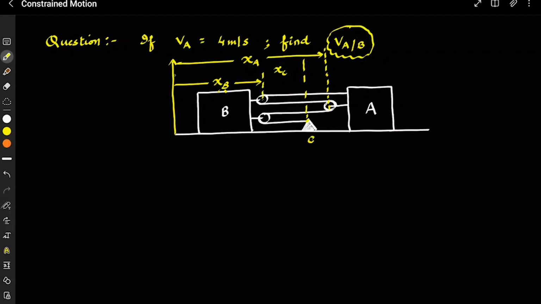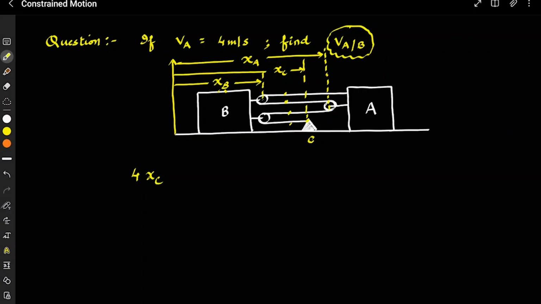Let's say we call this C. So now I can write the relationship between XB, XA and XC. Clearly 1, 2, 3, 4: 4 times XC